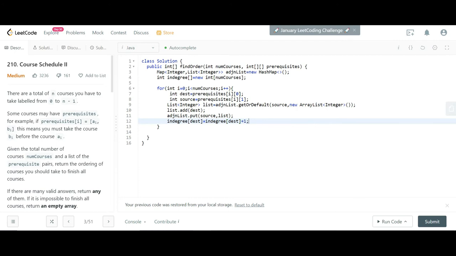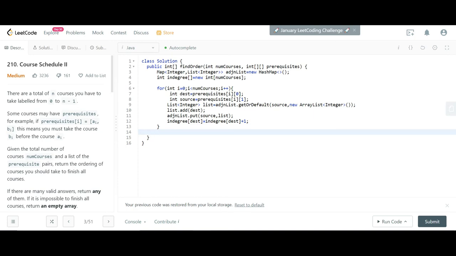Means if we are adding something in the list, that means some edges are coming inward to that node, that's why we have to increase it. Because in the destination some new values are getting added from the source, the in-degree will increase by 1. So this is the first part which we have to define.